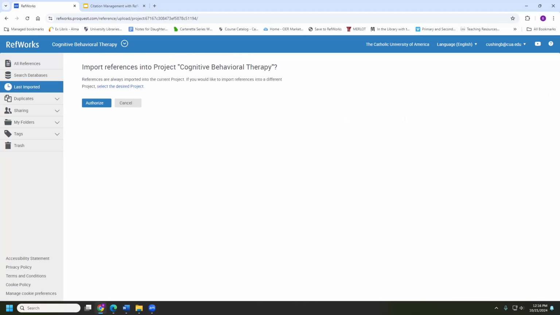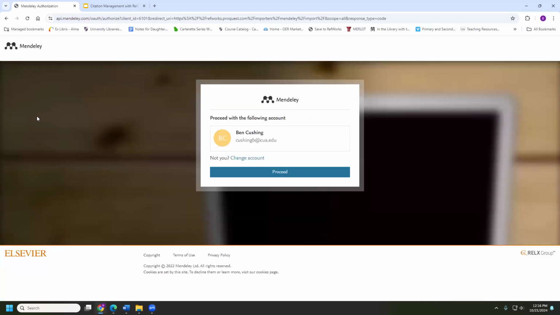RefWorks is going to ask you to authorize your account to do this. If you're okay with doing this, click Authorize. And then it's going to check to see if you already have an account. Since both of my accounts are under the CUA email, I can already see my account here and I can click Proceed. If it's under a different email for your Mendeley account, no worries, just click Change Account and put that email address in and then proceed. So I'm going to proceed,